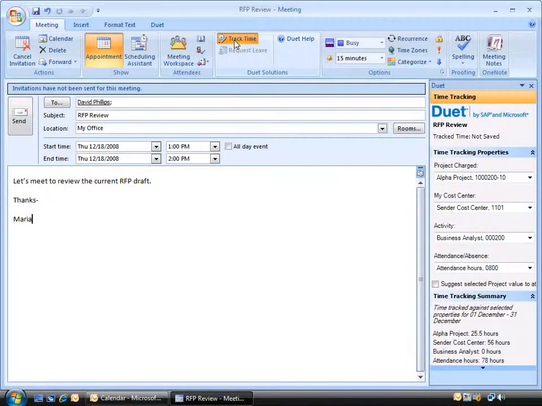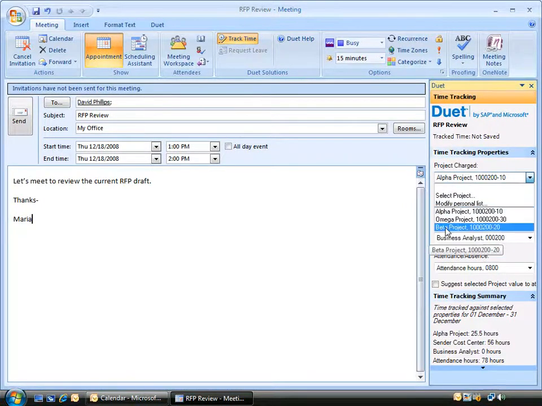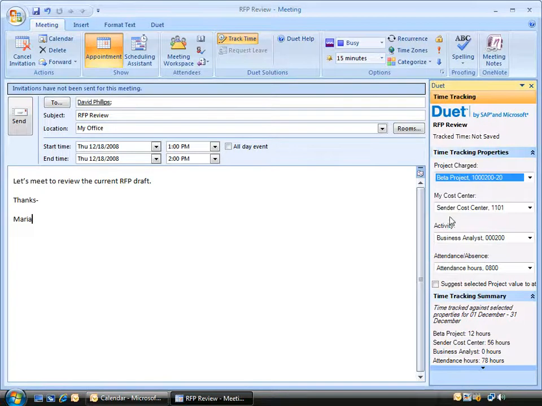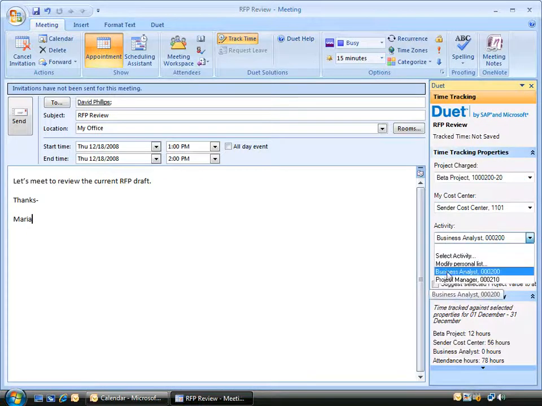Let's move over to the Duet action pane. This is where I can choose a project to charge this time to. For this 1 hour, I'll pick Beta Project from my favorites list. The cost center is correct, so I won't change that. Since this is the RFP review, I'll change the activity to Project Manager, and I'll leave the attendance type as